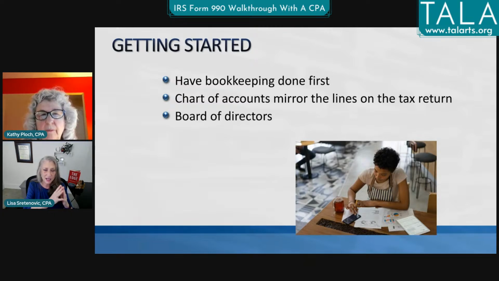The state of Texas requires you, as a corporation, and a nonprofit organization is a corporation, to have financial records that they can look at. Just having your bank statement or your credit card statement does not count. It needs to be more formal than that.